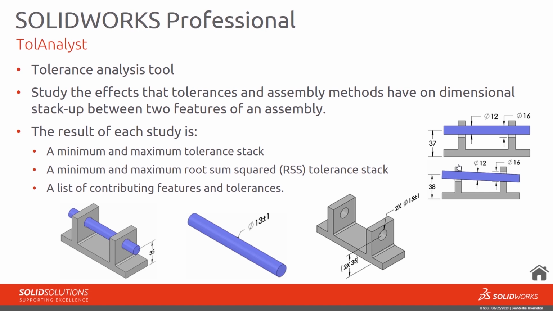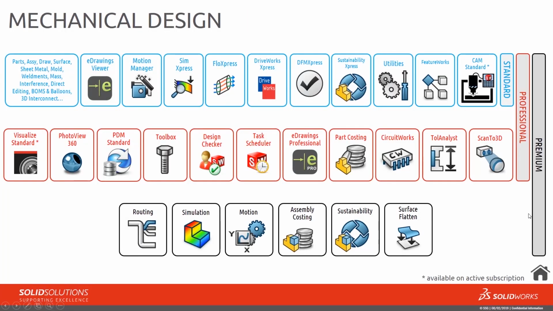So all of these, fairly complex stuff, if you, as I said, to do it manually is very time consuming, but it also lists things like contributing features and tolerances as well. So any tolerances that are causing the issues, you can then go in, make some changes, and then run this again just to see kind of best and worst case scenarios, if you like. So it's all about tolerance stack up, and it's again a very useful tool sitting in our Pro package.